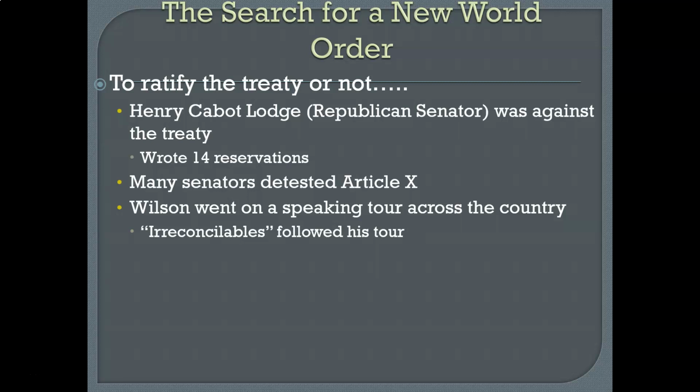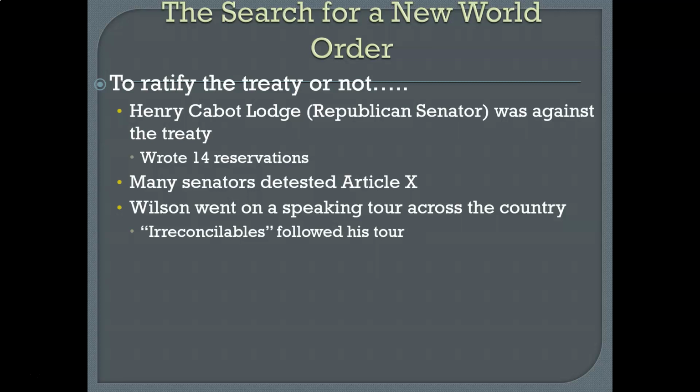Wilson ultimately recovered enough to resume a limited official schedule, but he was essentially an invalid for the remaining 18 months of his presidency. When the Foreign Relations Committee finally sent the treaty to the Senate recommending nearly 50 amendments and reservations, Wilson refused to consider any of them, and the effort to win ratification failed.